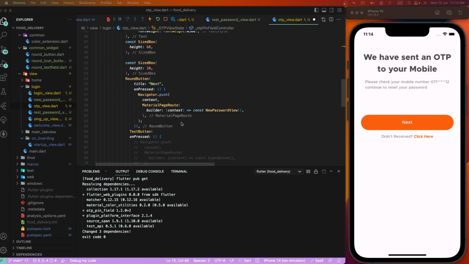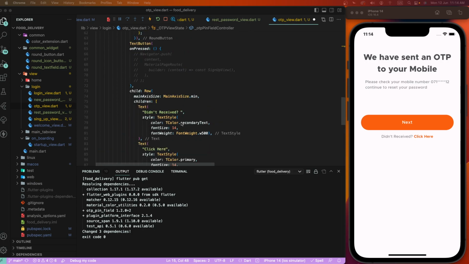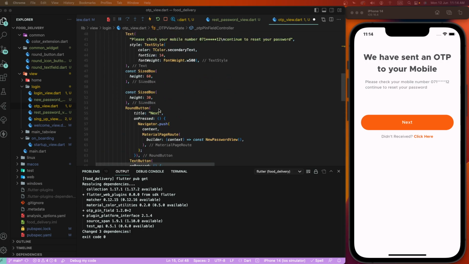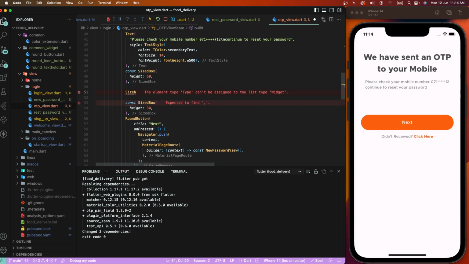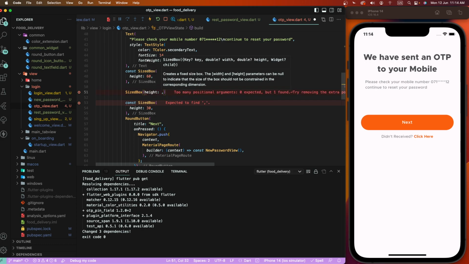And we need to first of all clear the SizedBox. Height we need to give the pixel 16 and that here